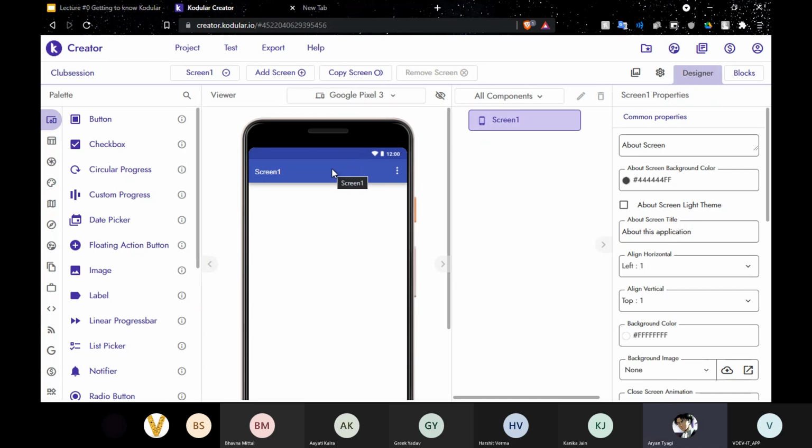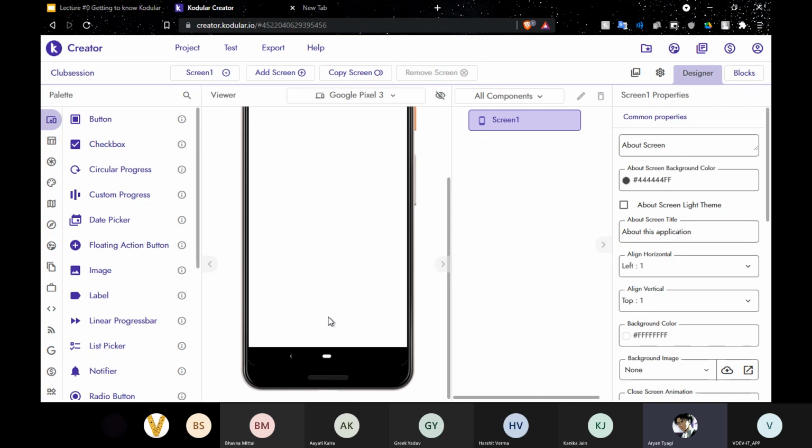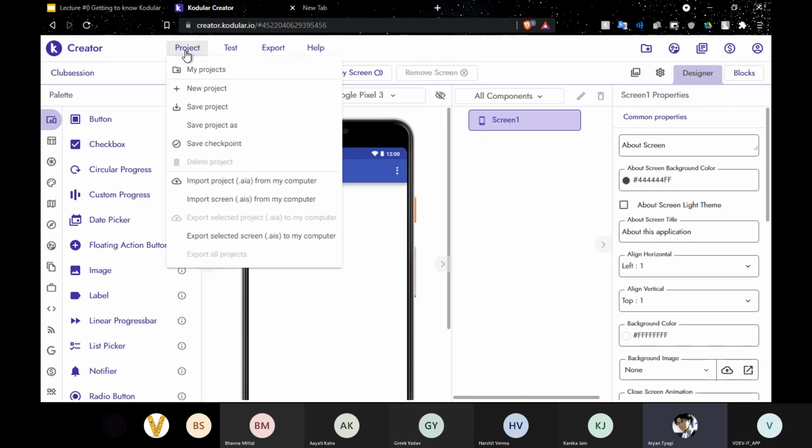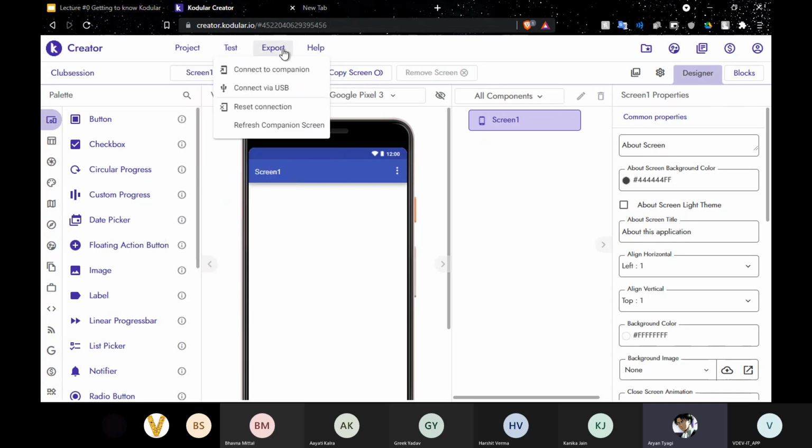So after you create an empty project, this is the screen Kodular gives you. Now if we start from the top, this would be the homepage button where you can click for the homepage. Then these are some settings which you can change for the project. So this would be the toolbox for the project bar. This is the test. You can connect it to your companion, or you can export it to an APK from this one. This is the help tab. Then here is the name for a project.